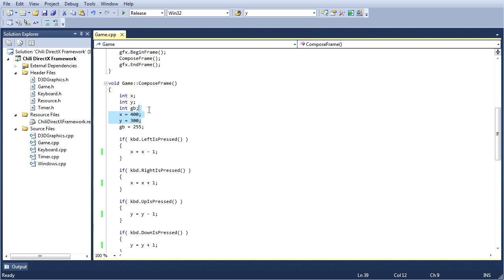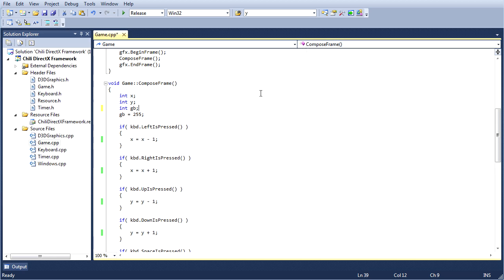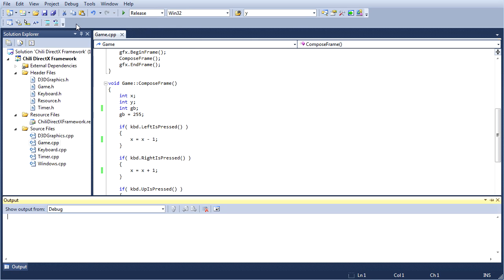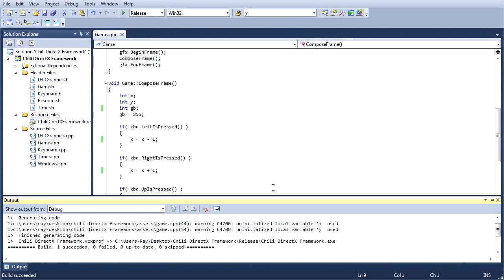So you might say, well, why don't we just get rid of these assignment statements here? We don't need them. We'll just keep x and y as they are, and then they won't change from function call to function call. Well, that sounds like a good idea. Let's give it a shot. What does the compiler say? The compiler says warning. The compiler says, why is this guy using uninitialized variables?